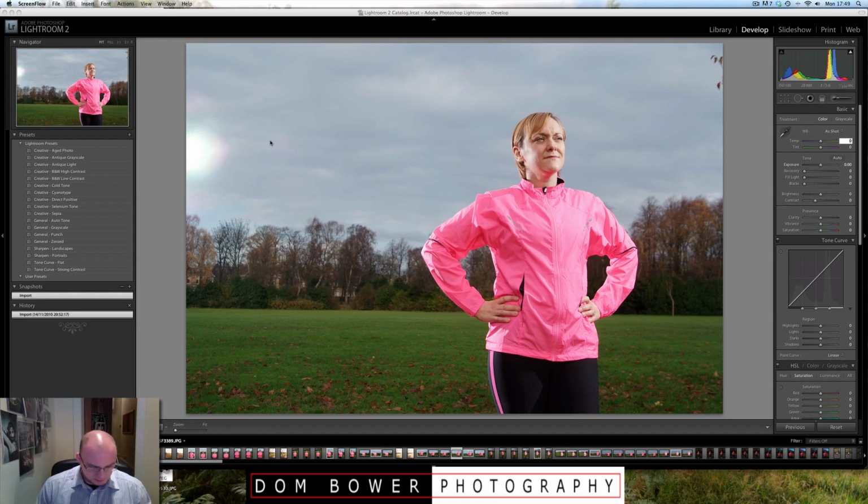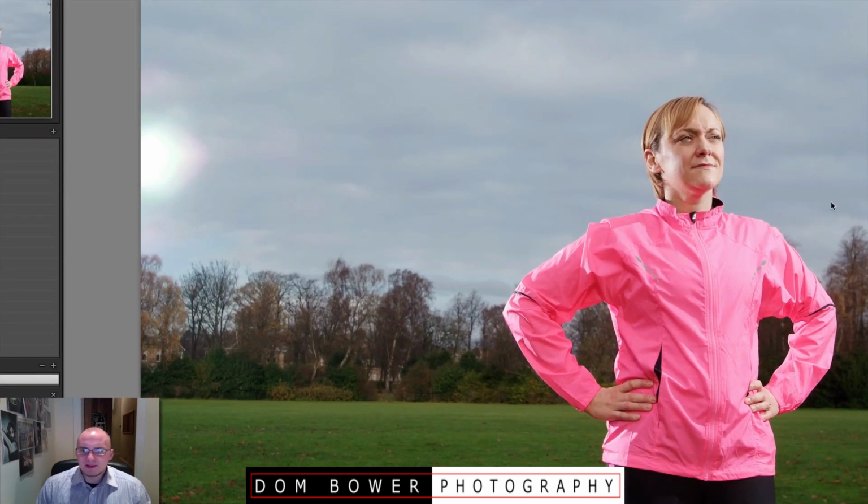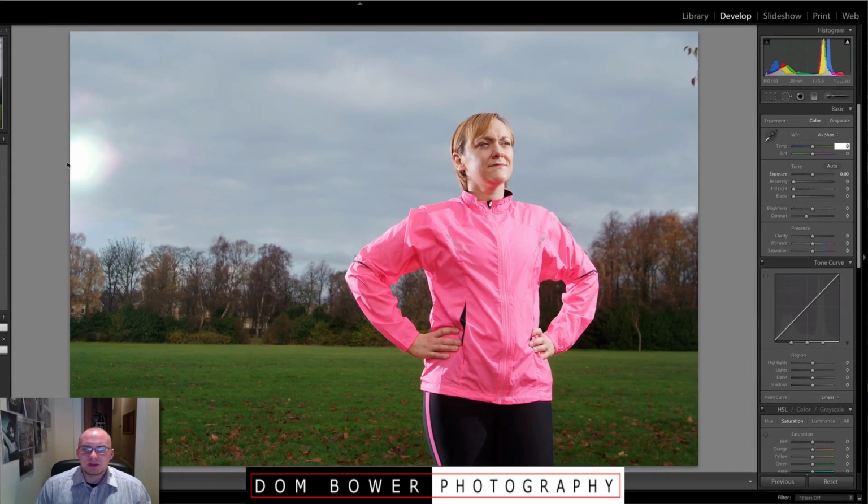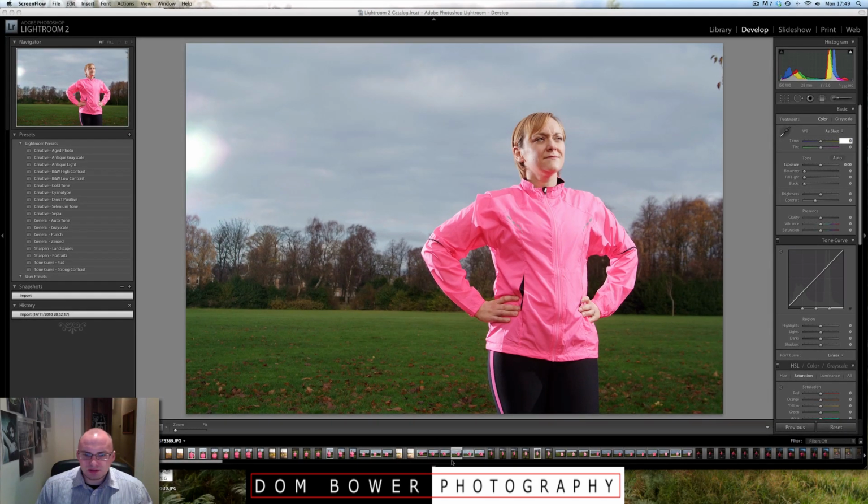Now, what I'll show you here is the lighting on the lady is absolutely fine. I'm not having a problem with that. What it is, my flash was just off to the right here. As you can see, that's blown out. Now this is the JPEG image, which is meant to have less quality in it. If I show you the RAW file, which is right beside,